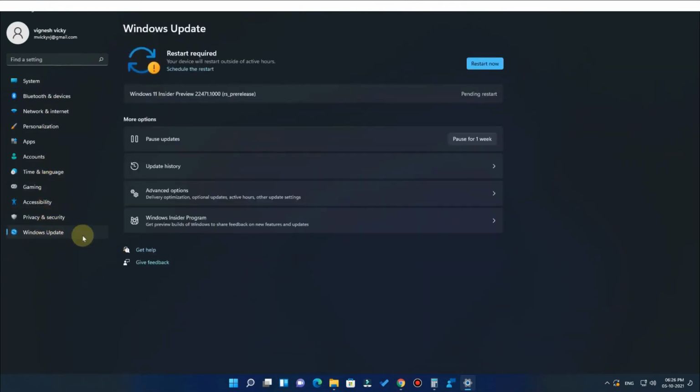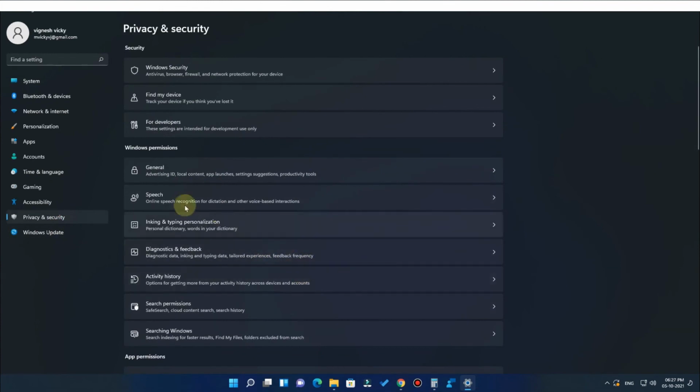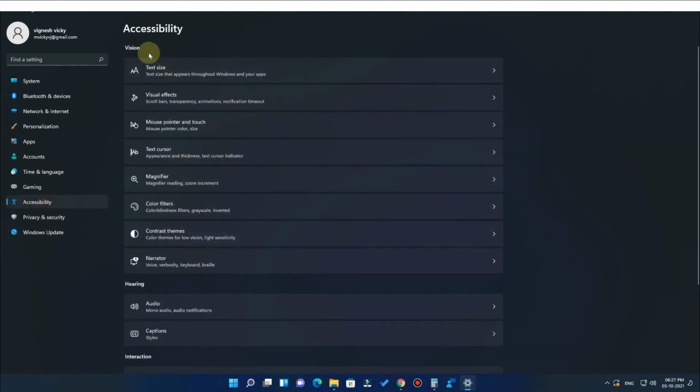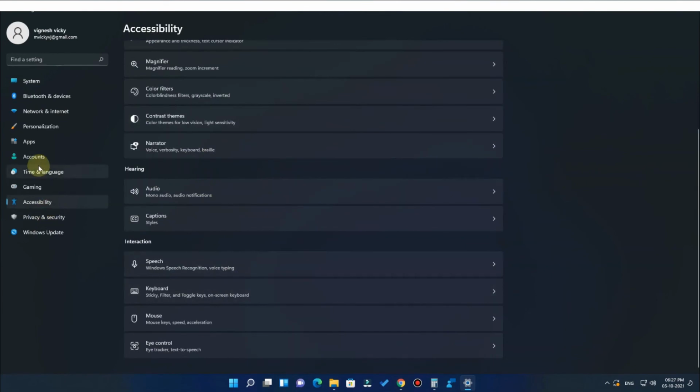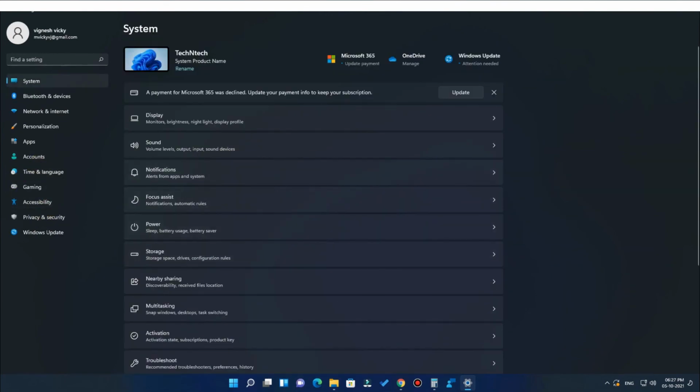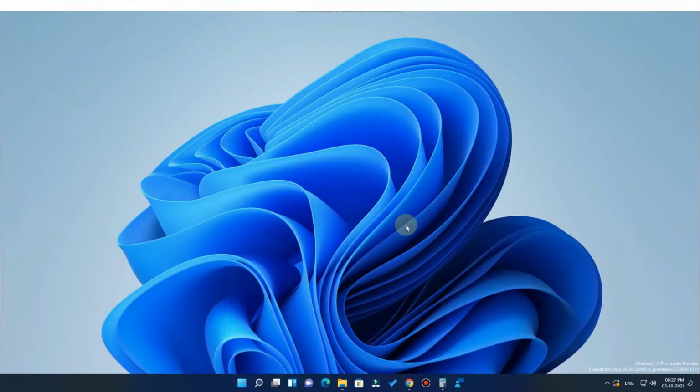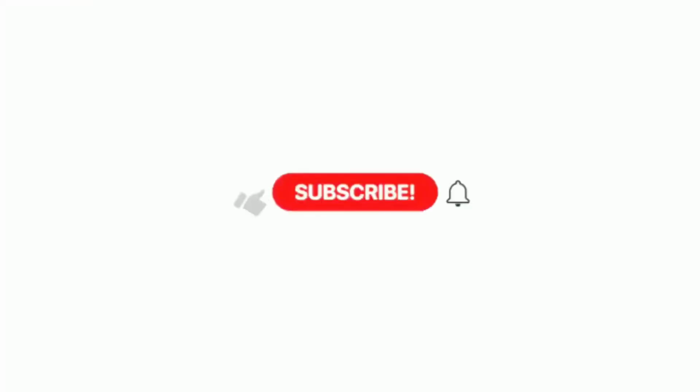So in the Windows update, the Windows Insider program is actually placed inside the Windows update itself. In the Windows 10 operating system, you get a separate option for the Windows Insider program, but now the Windows Insider program is organized into the Windows update itself. So like that, all the settings options are organized differently, so you can see multiple sub options like that. So totally these are the new feel of the Windows 11 operating system. Overall in this Windows 11 operating system, you can feel the new elegant look and smooth transitions, and some new features have also been added.